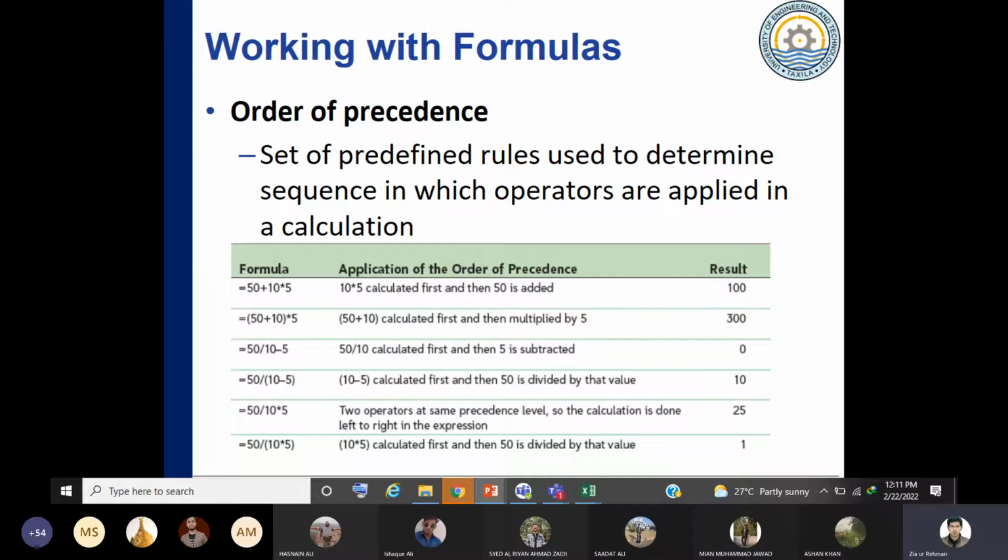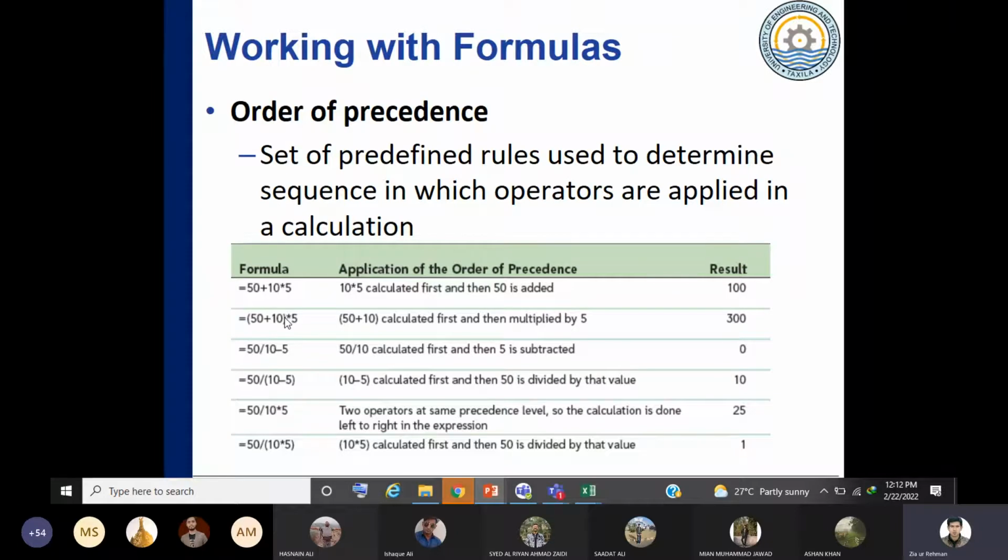Like, if you apply any parenthesis, any bracket, then Excel or any mathematical operator would first go with this parenthesis. Whatever is in this parenthesis or bracket would come into the first order. Even if you have a multiplication operator, this bracket or parenthesis would come in first precedence. So Excel would add 50 plus 10, which is 60, and then multiply 60 to 5. Now here, if you have written the formula like that, you should know that Excel would first do the multiplication, and then after multiplication, it would do the addition.